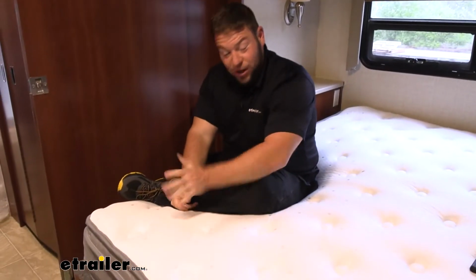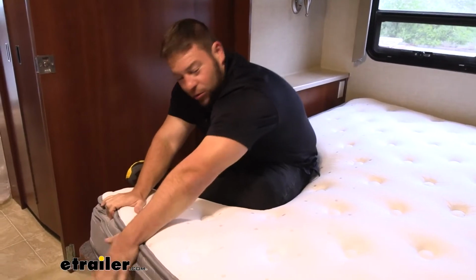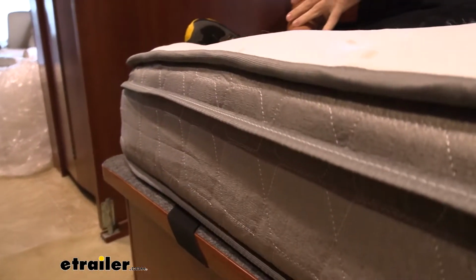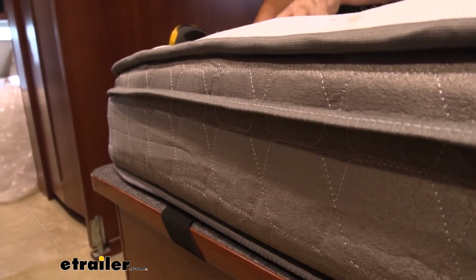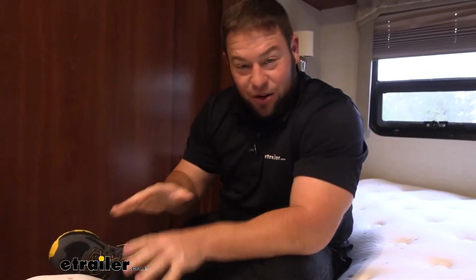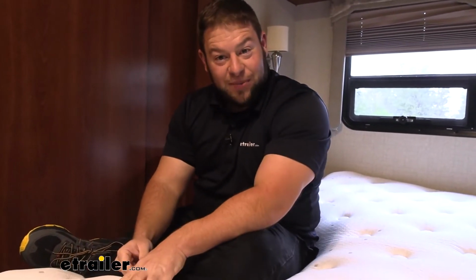It's very comfortable right on the first sit. You got the Eurotop mattress up here, and then you got the foam support down here on the bottom. So that's going to be the same as the other Rest Easy, except this one comes with the Eurotop. So there's no metal springs in there. It's not going to make any noise when you sit down there or shift or wear down over time. It's going to stay as quiet as it is when you hopped on it the first time and stay as